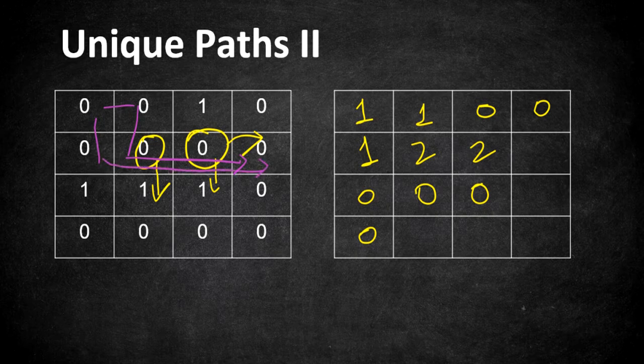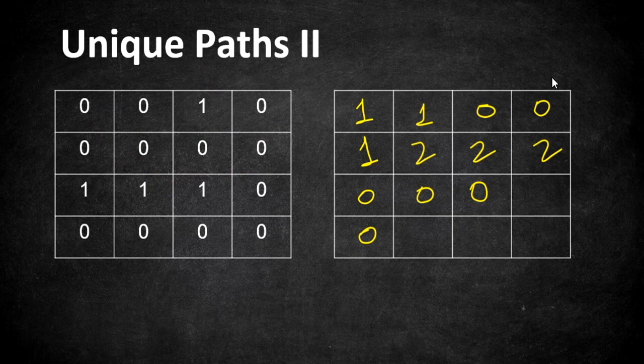If suppose there is no block here, if this cell is going to be 0, in that case you can start from 0 comma 0, go 2 rights, go down and then take a right. Also you can go directly to the last cell and take a down. There will be 4 ways. But here, since there is a block, we have only 2 ways to reach that particular cell. So now we have filled 2 rows.